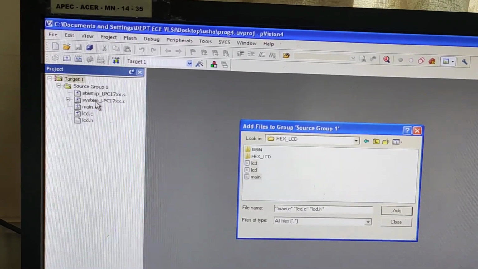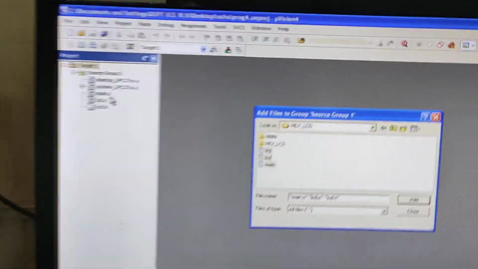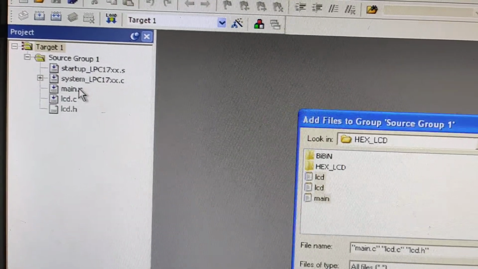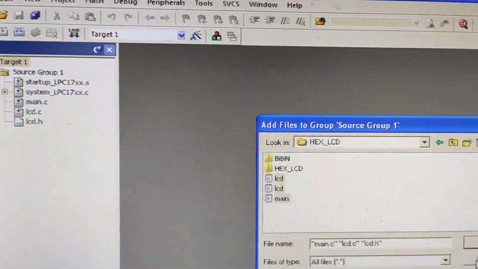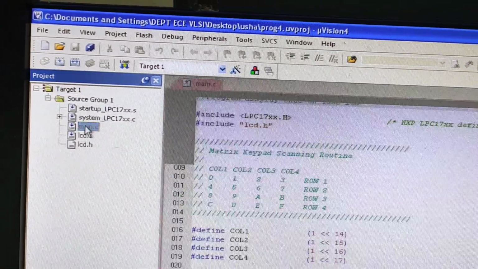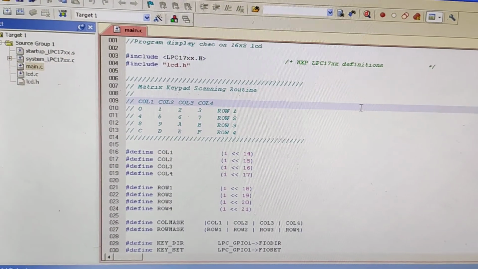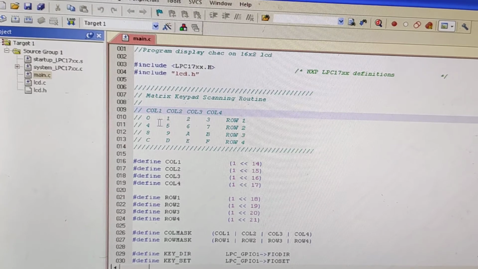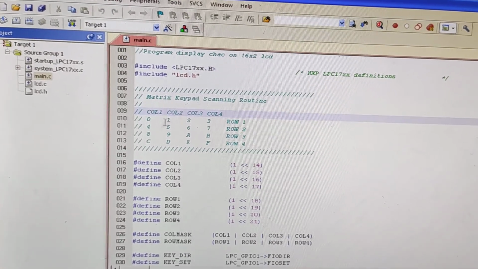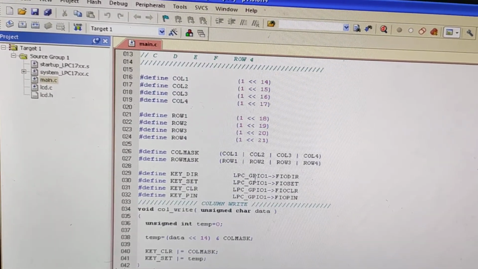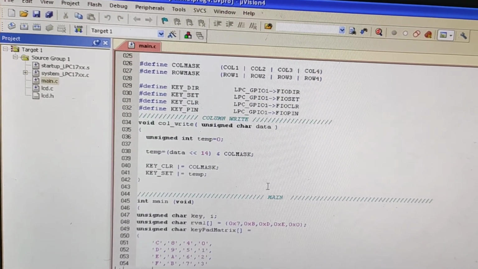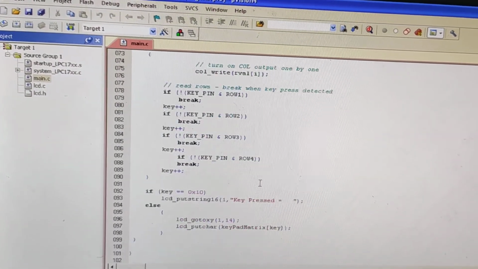They have to be added as a part of any program, and the remaining program here, that is your main program, you'll just click on it. Just try clicking on this main program. You can find here how the columns are defined and rows are defined. So 0, 1, 2, 3, the hex keypad arrangement. Here, for every column and every row we have assigned the pins. As I told you, I'll be explaining the program in my later sessions.